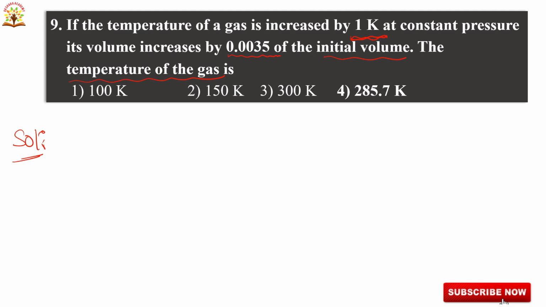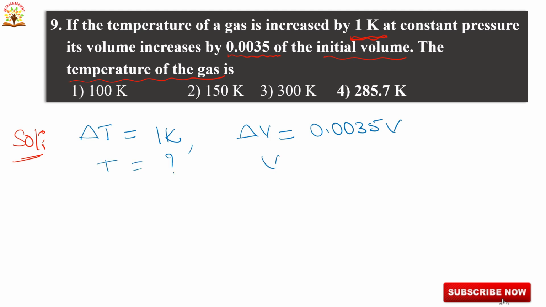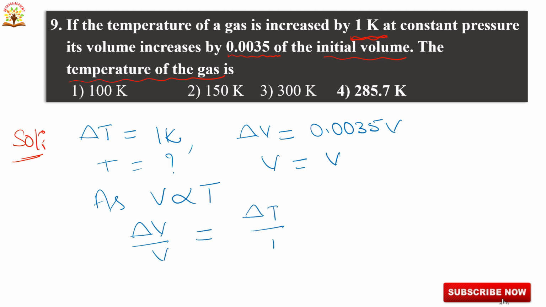Here they gave the increase in temperature, that is change in temperature, delta T is equal to 1 Kelvin, and delta V they gave as 0.0035 of the initial volume, that is of V. T is equal to question mark, we have to calculate T, and V is the same. So as V is proportional to absolute temperature, delta V by V is equal to delta T by T. Now substituting the values, delta V is nothing but